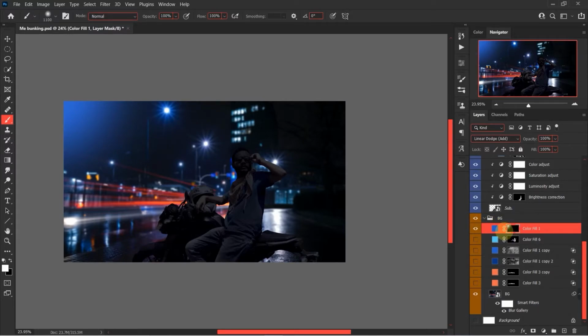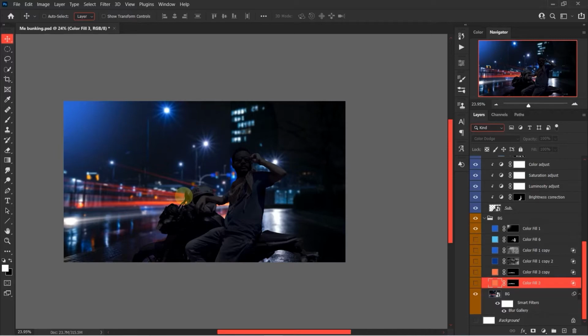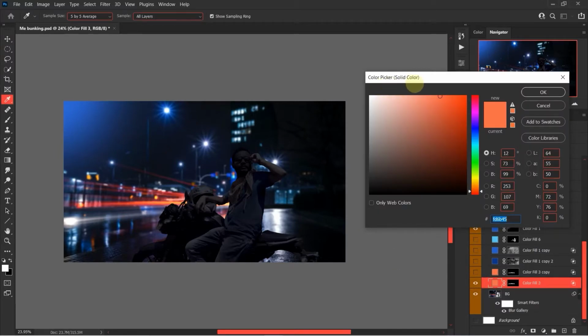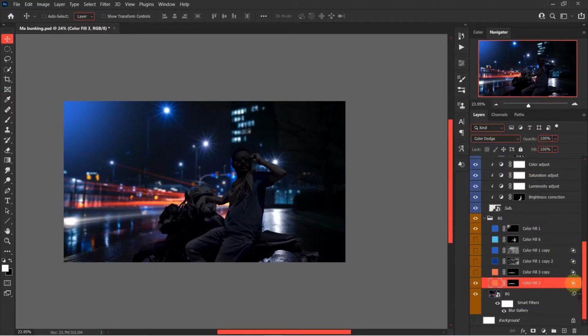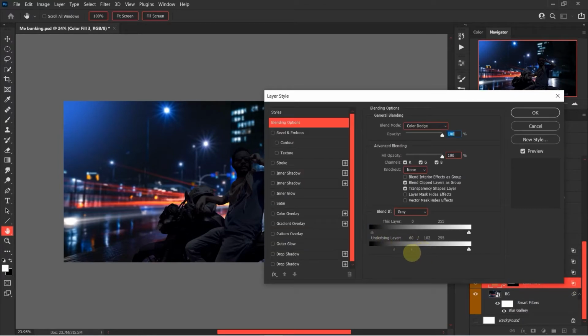Okay, now gradually what I wanted was these trail lights, they should have a bit of brightness. So again, same, solid color, pick the color and used a bit of blend if to only make it visible in the brightest, not in the darkest. So I removed it from the darkest parts